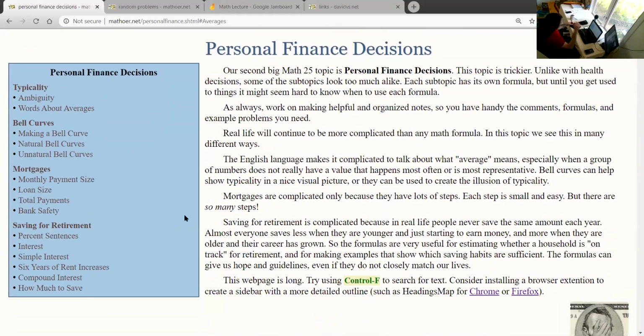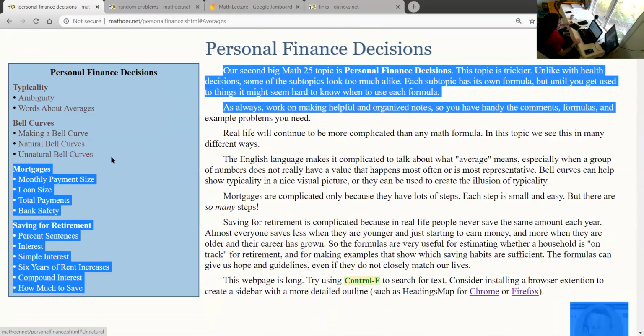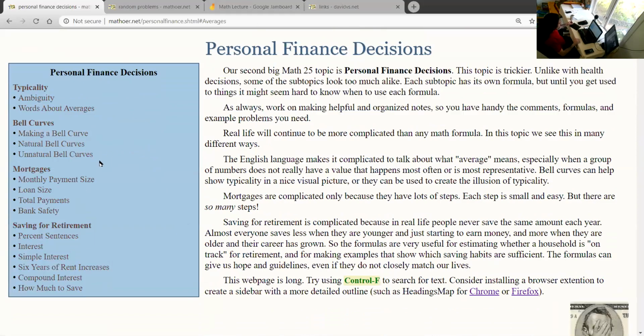How, again, we organized personal finance is we talked about what typical stuff meant, and we just talked about bell curves, because those are things we need coming up. The actual finance we talk about are two kinds, mortgages and how to save for retirement. And for both of those, having careful vocabulary about what is an average thing, what is a representative amount, what is a typical amount,